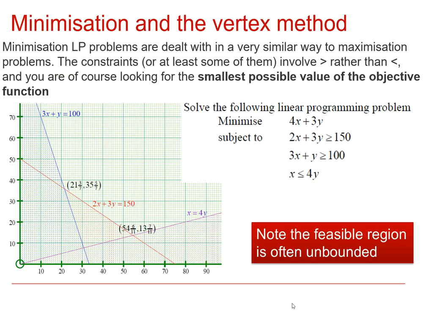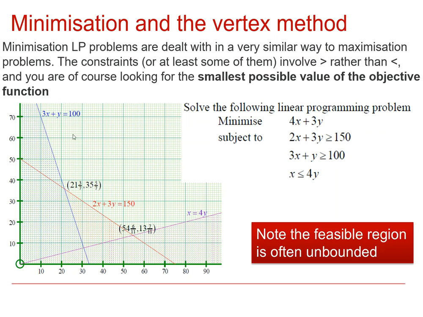Now we're just going to talk briefly about minimization. We're not going to do this example completely from start to finish, just remark on a few things. I mean, really minimization isn't any different from maximization, other than that you're trying to find the smallest value. You can see here an example of what the feasible region may look like. Depending on the direction of the inequality signs in the various constraints that we have, it is possible that the